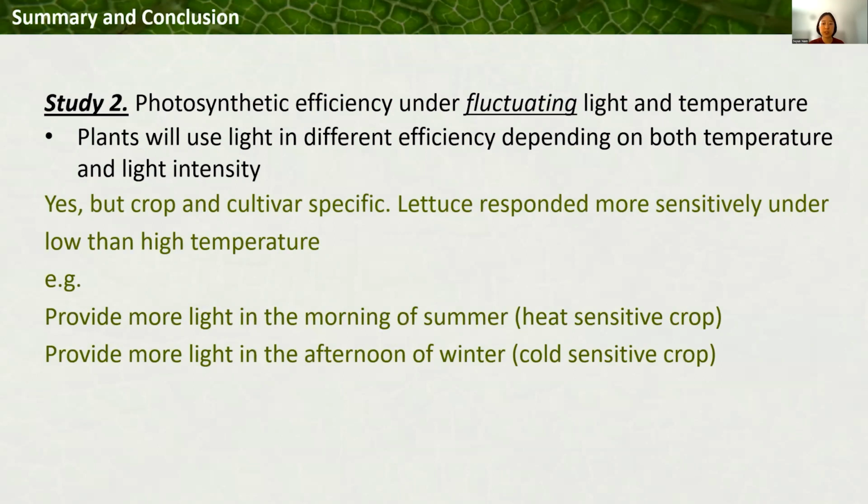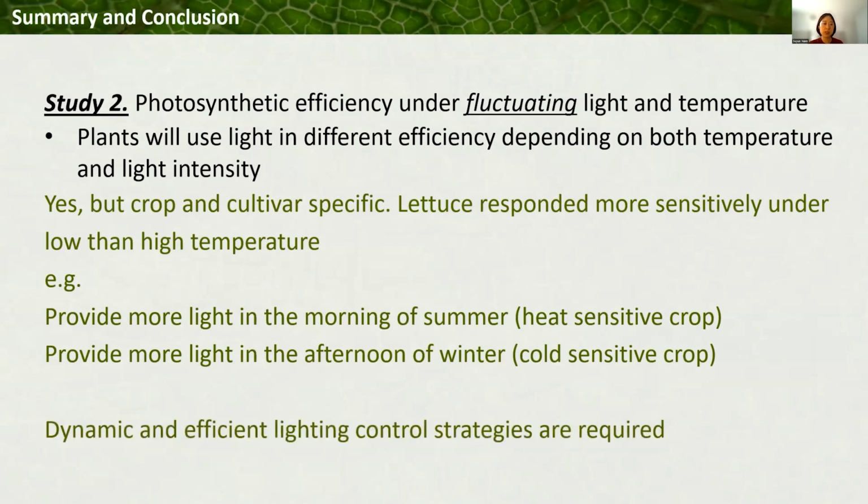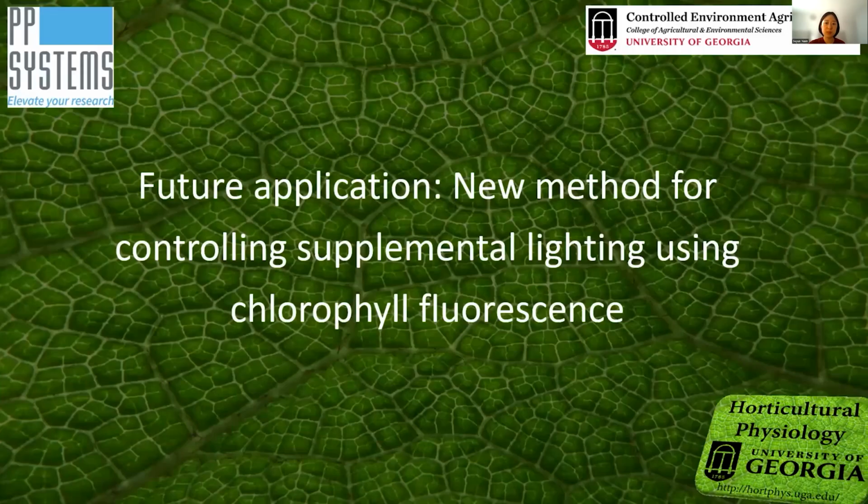So for example, we can have a kind of strategy depending on the crop and cultivar. Through this experiment, we can think that dynamic and efficient lighting control strategies are required instead of considering only ambient sunlight levels. So that is why I want to mention the chlorophyll fluorescence-based biofeedback system, which is